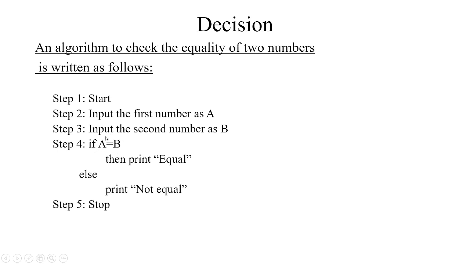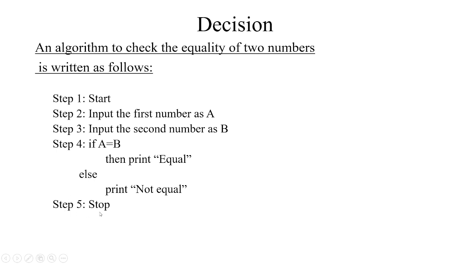If I'm writing the condition, what is the condition I'm implementing? Equality checking. So A is equal to B. If it is equal, then print equal. If A is not equal to B, then it moves to the else part and it's going to print not equal. And the last statement is stop. So if the condition is true, it is going to print this particular statement which is next to then, and later it doesn't go to else and doesn't go to this print statement, it directly jumps to step 5